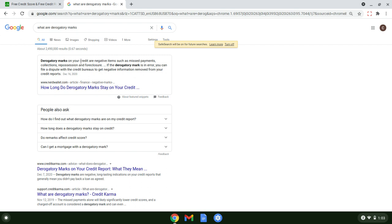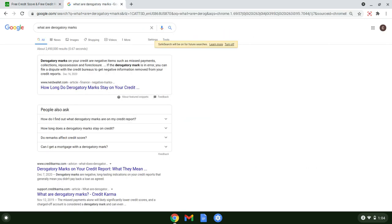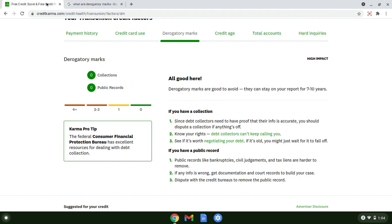Yeah, there are negative items. Anything negative in your account, like a collection, repossession, foreclosure, those are derogatory. And actually someone told me, whenever you're talking to collection agencies, be nice, because they can put in anything. Anyway, this is a high impact too, so avoid that. Avoid all these repossessions, collections, missed payments. Avoid all that, and always be nice to these collection agencies if you have something on your file, to avoid